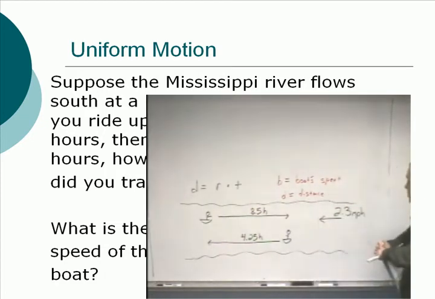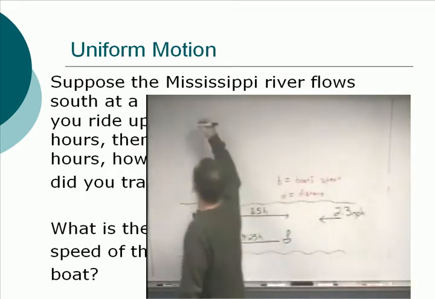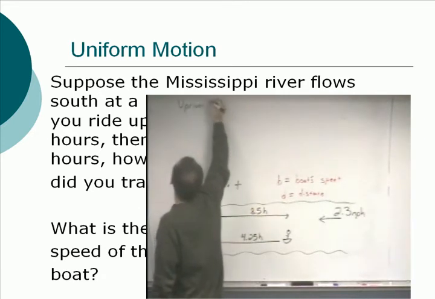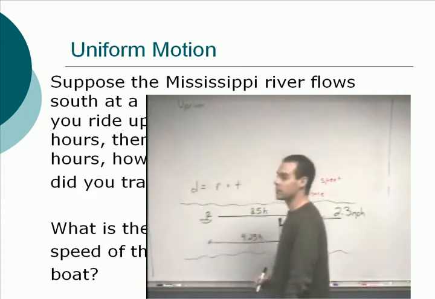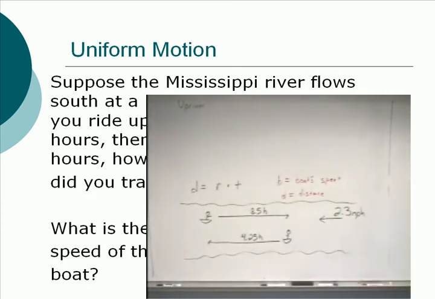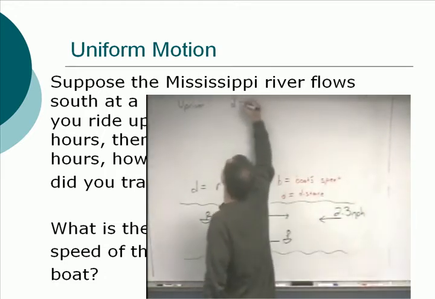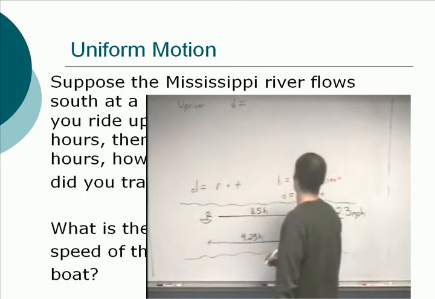All right. So we're given two separate facts. We're told about the trip up and we're told about the trip back. So let's do our setup almost exactly the same as the last one. Going upriver, what's our distance? D. We don't know. That's one of the things we want to find. So upriver, D itself is one of our unknowns. D is equal to,